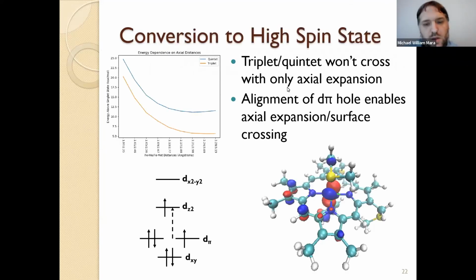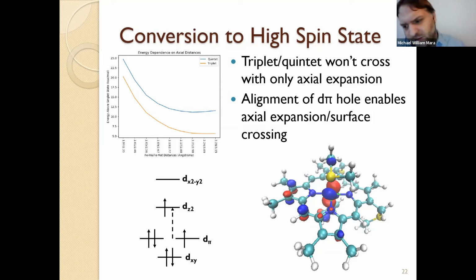Okay. So one question that came up is how you hop over from the triplet state onto the quintet state. Shown on the left here are basic DFT calculations. We start from our singlet ground state and we simply pull our axial ligands out. When we pull our axial ligands out, the energy of the triplet and quintet species in those structures would both drop, right? However, the quintet species has an electron in the d x squared minus y squared. It wants equatorial expansion. And the result of this is the triplet and quintet potential surfaces will never cross if you're only including